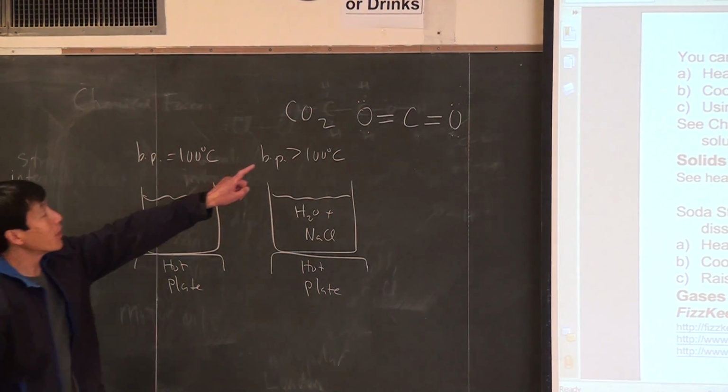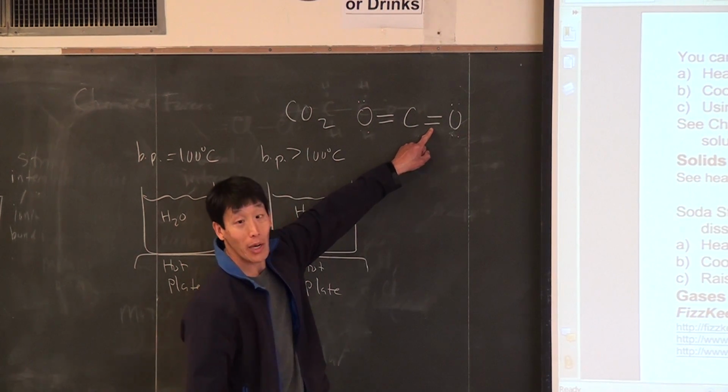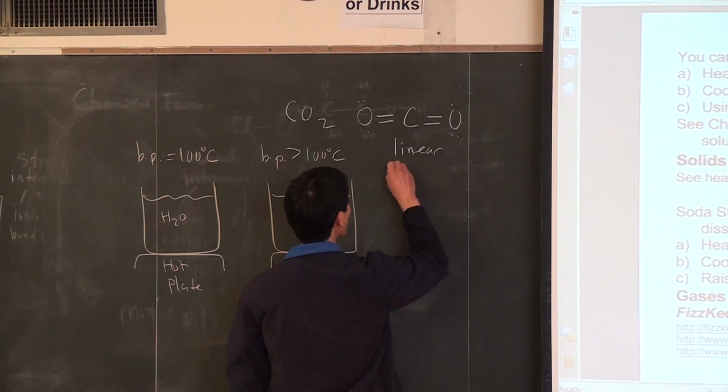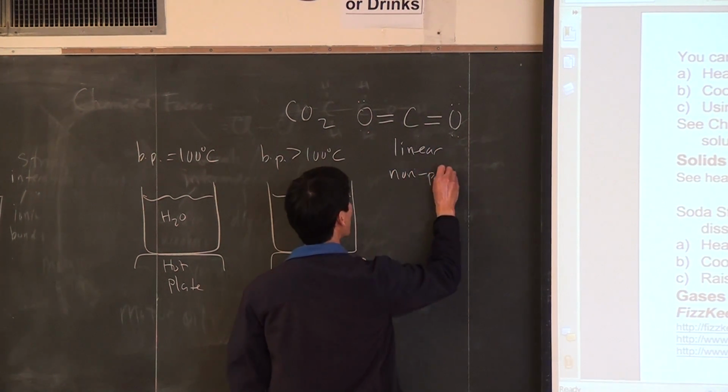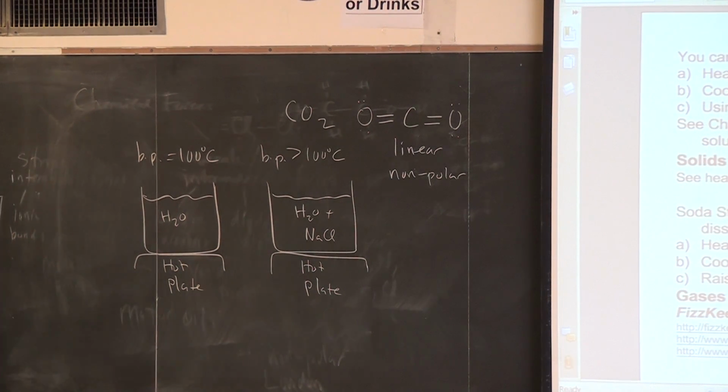Yeah, so it's linear. In VSEPR theory, we treat a double bond the same as a single bond. So this is a linear molecule. And since it's linear, it's non-polar. So how can we get more CO2? Okay. Now we can use a solution process